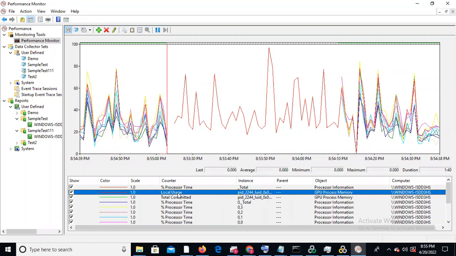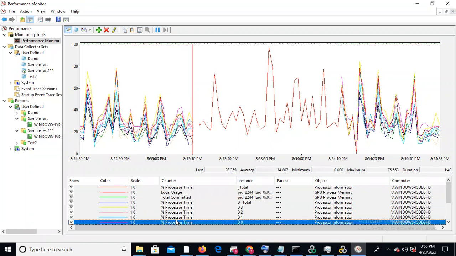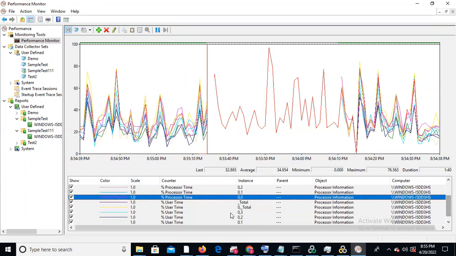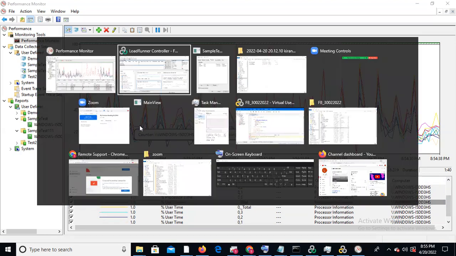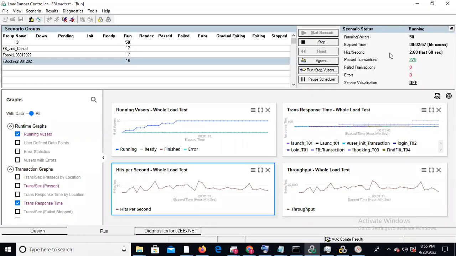So local use, how much it is happening. You need to click here and see local. We are not using anything, and for the CPU there will be a different processor, the user time. You need to see the user time. You can observe the average will be 22. This is during the test time only that we are monitoring the system. So now you can observe here also, a total of 50 users will be launched